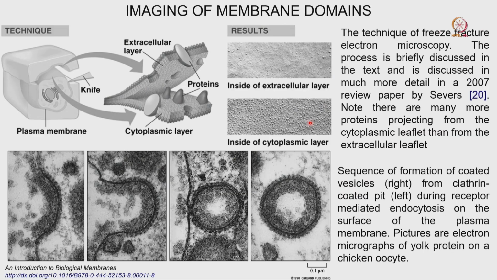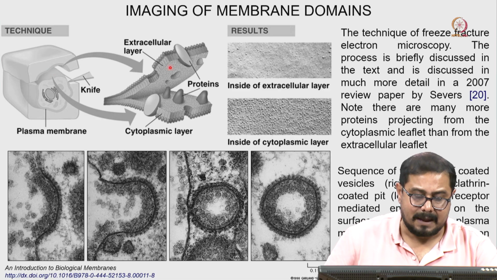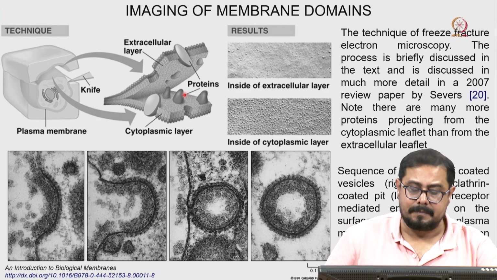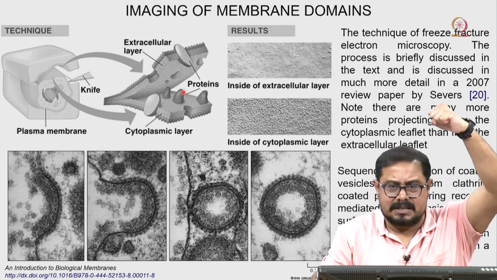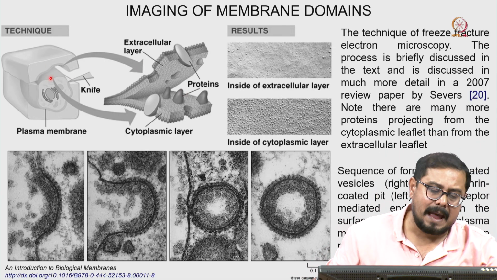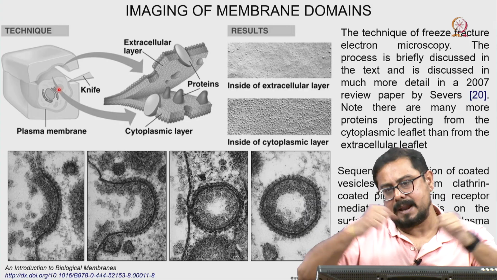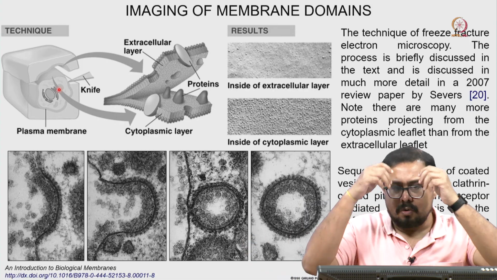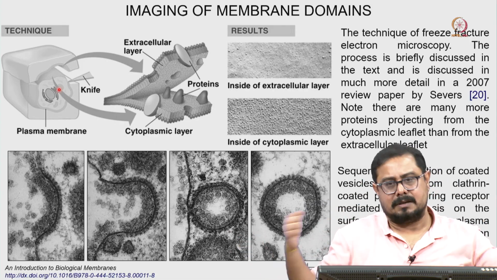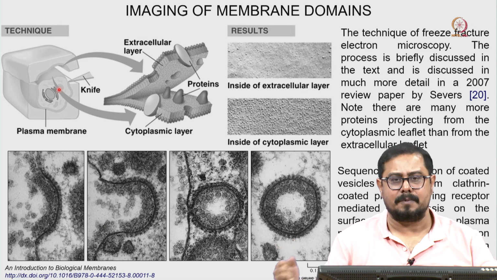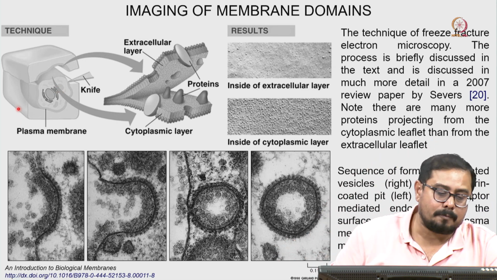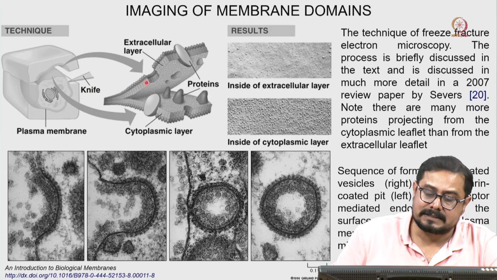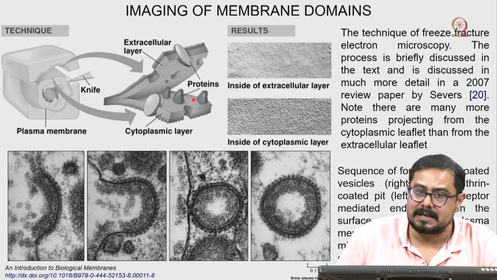So, after this you can see when the cell rupture is happening, basically what is happening is that the extracellular membrane will be separated from each other, and there will be a gap when the membrane is ruptured. So, it is like we have a shirt, we just rupture the shirt completely and then try to look inside the cell. So, here also we are forcefully rupturing that extracellular membrane where some proteins are embedded.